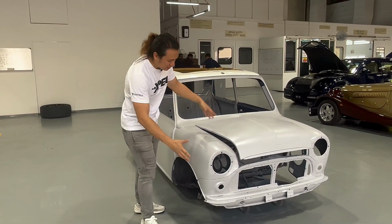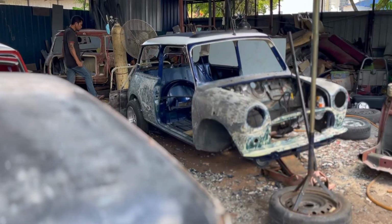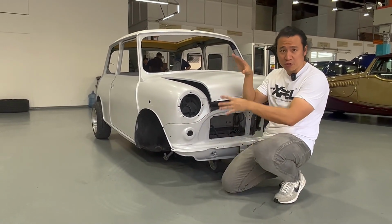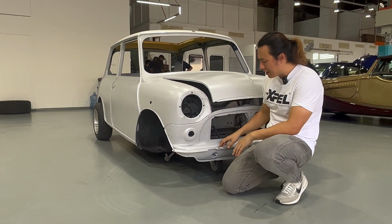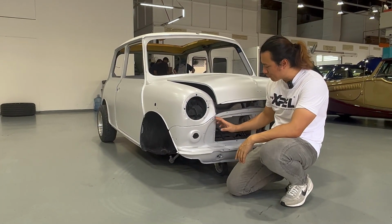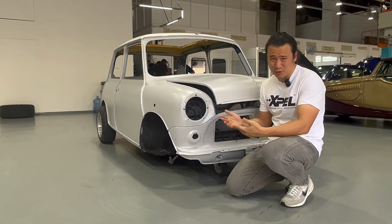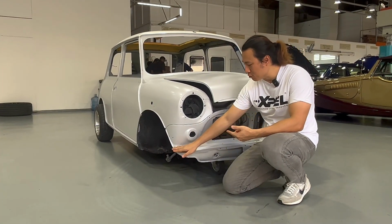So as you can see right now, the car is all primered up, but the mistake I made was this: the place I sent to do the body work did a fantastic job with the welding and making sure the parts are all ready for the engine bay and stuff. Some of the metal work didn't go so well. Jerry from Bufori noticed that there was a lot of leftover paint on certain edges. In the initial part, you think that it's not so important, but if you have paint left over after you